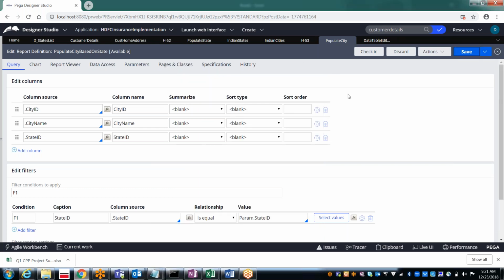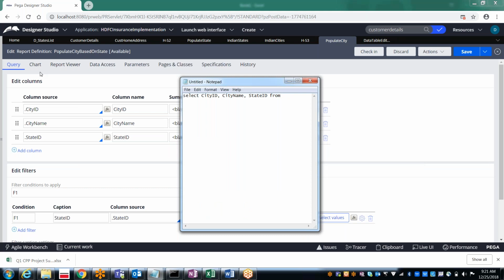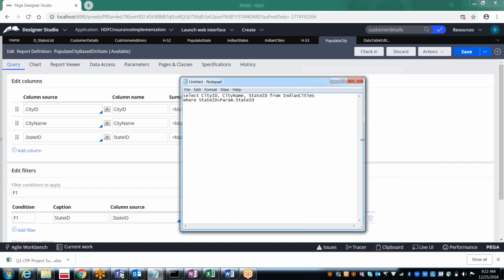Right now we are referring to the city table, where we have created these Indian cities. And then filter where state ID equal to param dot state ID. So this is the select statement it is going to generate internally.